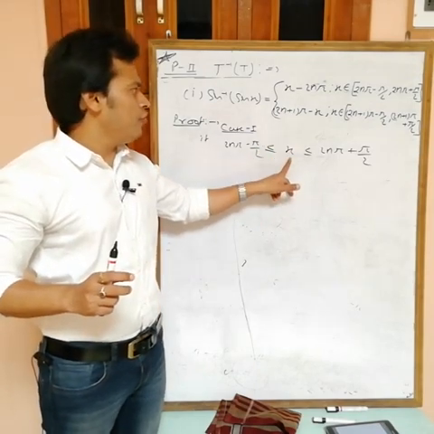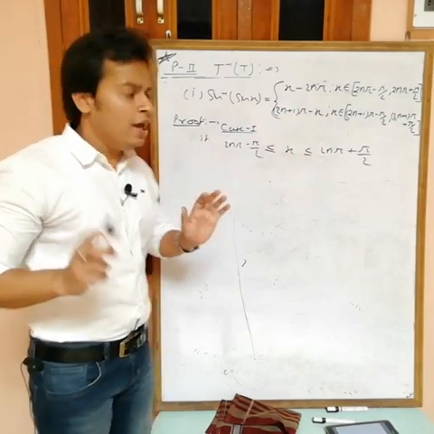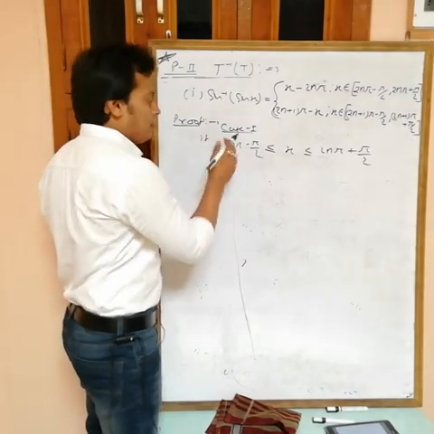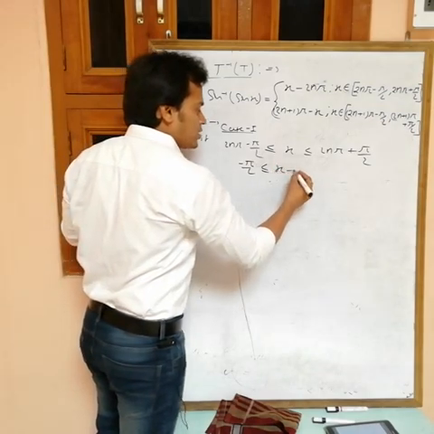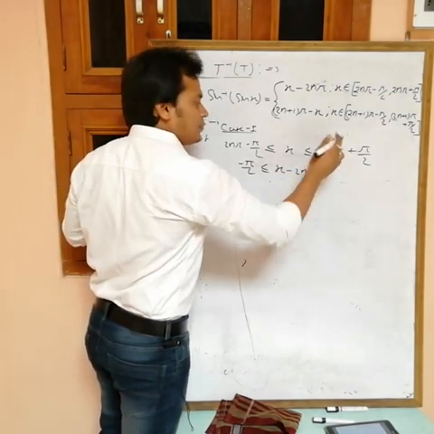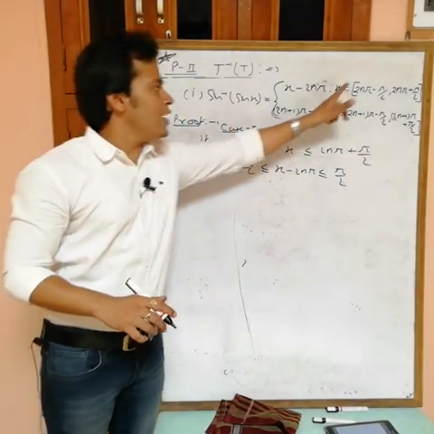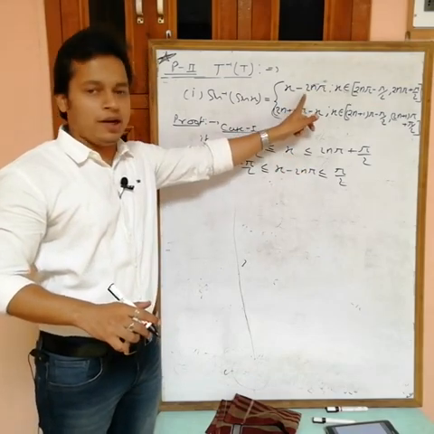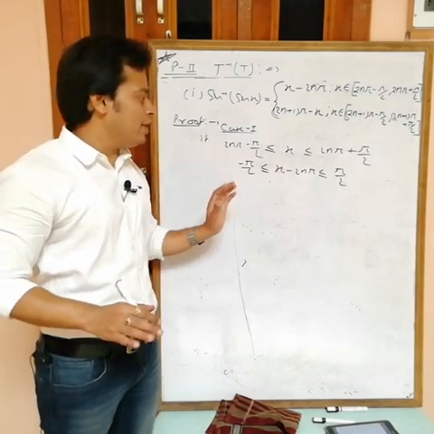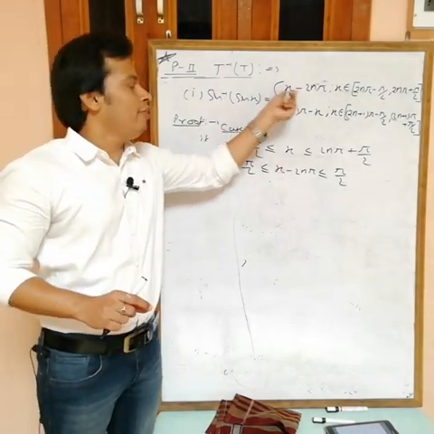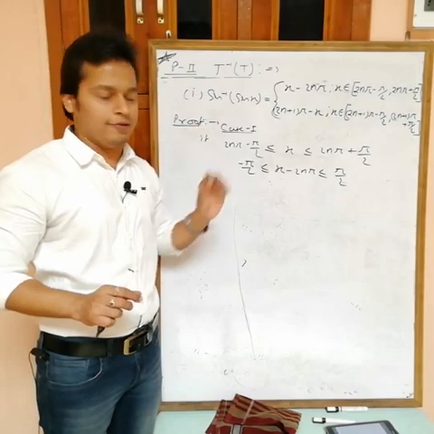So this is the value of x. But here what we have is x minus 2n pi, so subtract 2n pi on each side. If you subtract 2n pi from this one, what are we getting? Minus pi by 2. Now again subtract 2n pi on the other side, x minus 2n pi, the 2n pi cancels out, and we get pi by 2. Now one thing is clear: if x lies in this interval, then x minus 2n pi lies between minus pi by 2 and plus pi by 2. If this lies between minus pi by 2 and plus pi by 2, then this may be the value of inverse sine. So there is no problem with respect to the value.